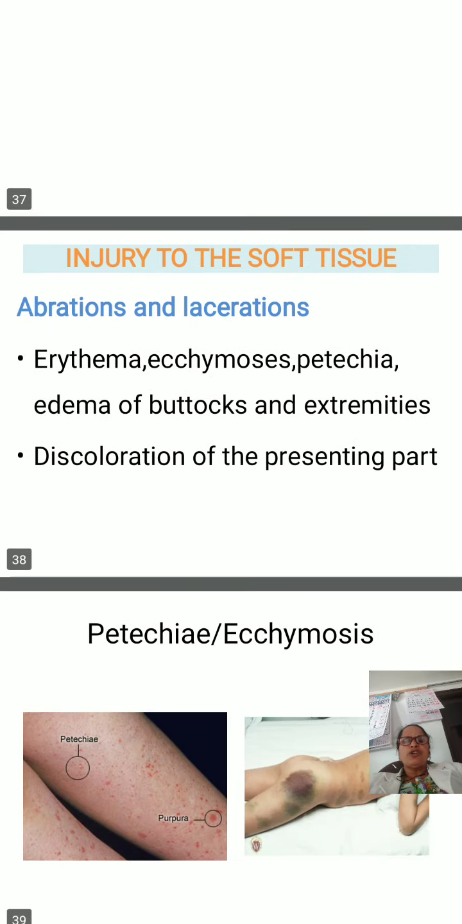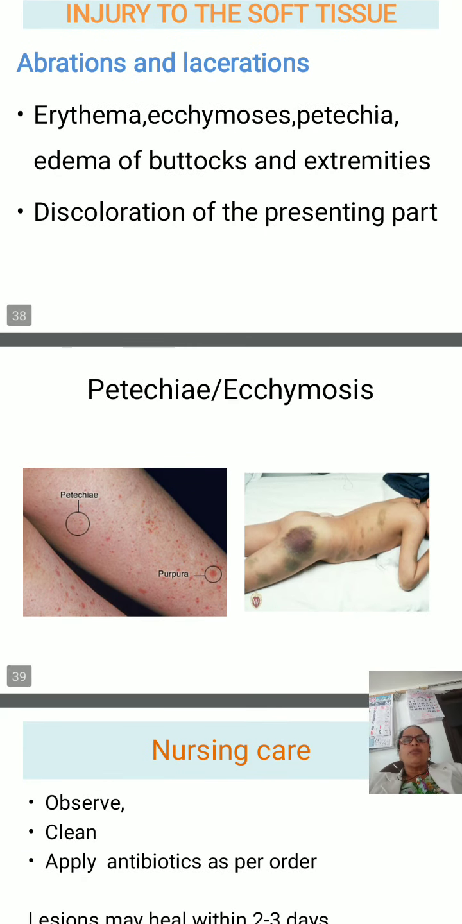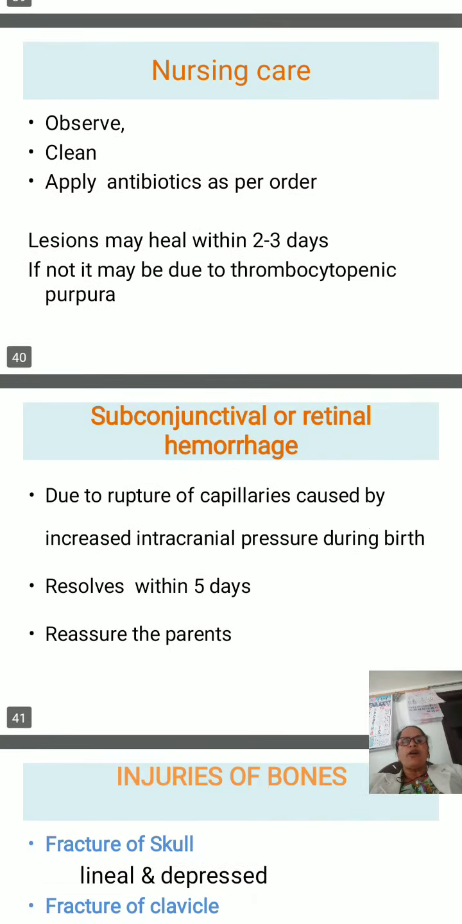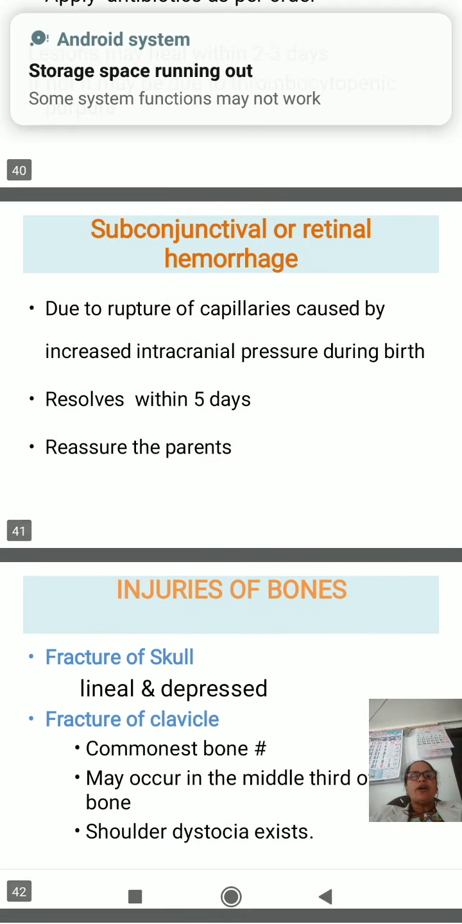Then injury to the soft tissues like abrasion and laceration, erythema, ecchymosis, petechiae, edema of the buttocks, extremities, dislocation of the presenting parts. Nursing care: we have to observe the baby, clean, and apply the antibiotics as ordered. This lesion will be healed within 2 to 3 days. If not, thrombocytopenia and purpura will be there. Subconjunctival